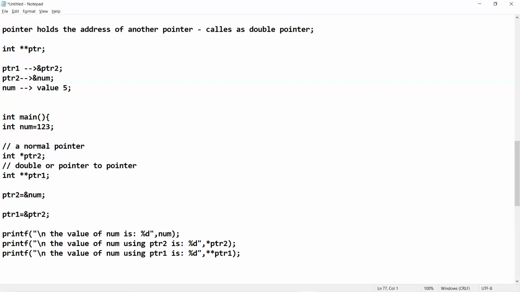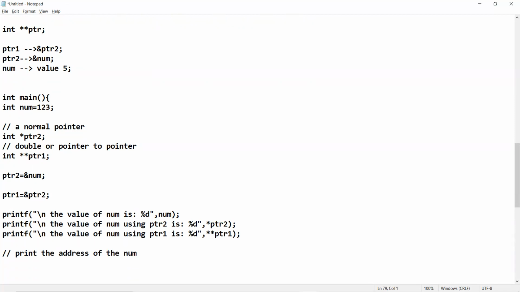Now I just want to find the address of number. Print the address of the number. How to print?